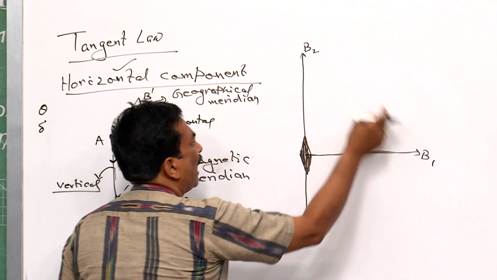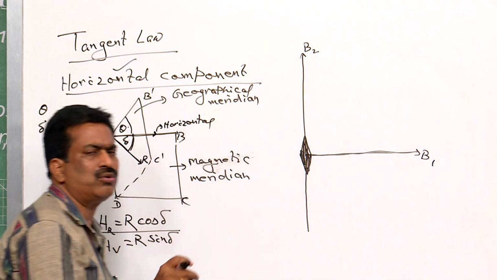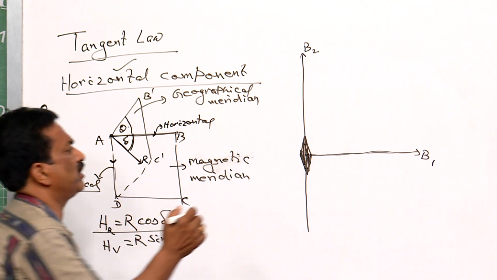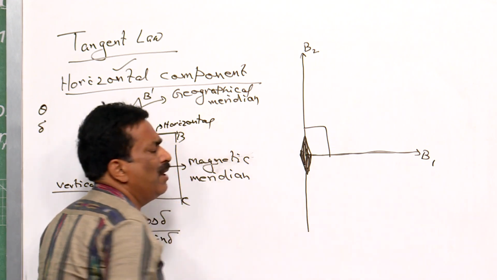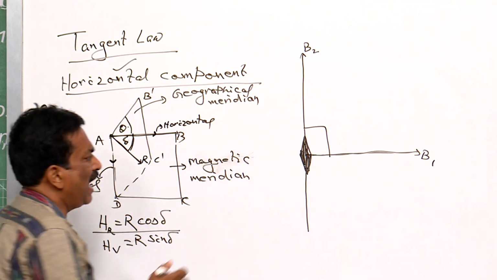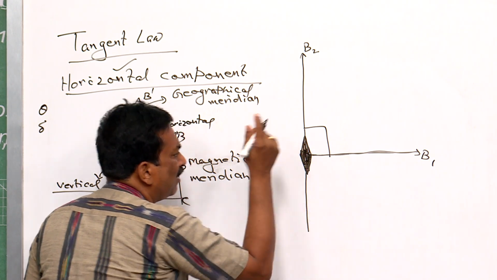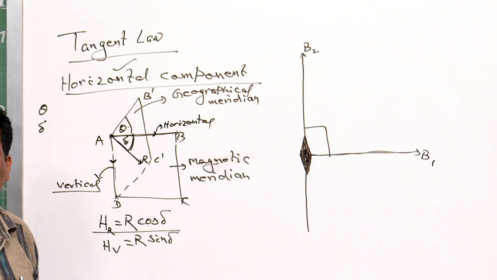When B1 and B2 are two uniform magnetic fields which are present mutually perpendicular to each other, and if a magnetic needle is taken at the mutual perpendicular point,